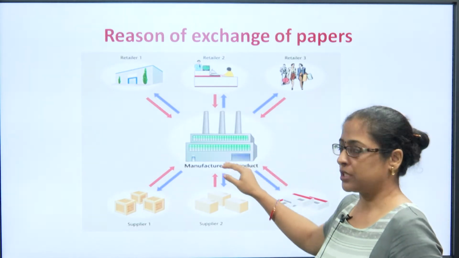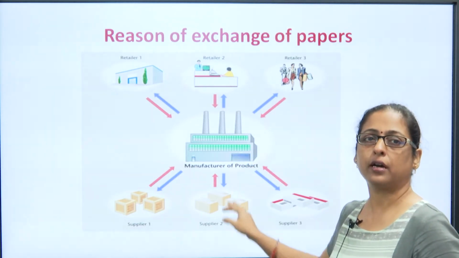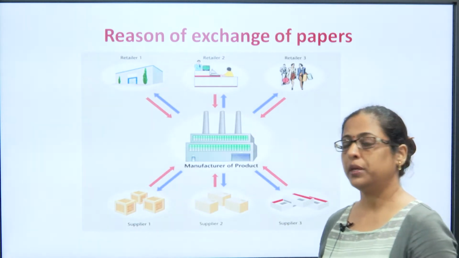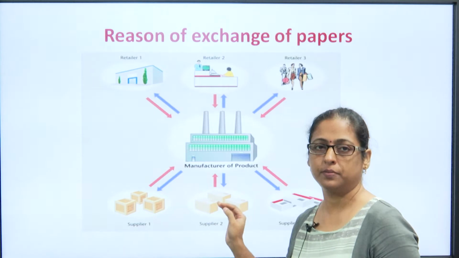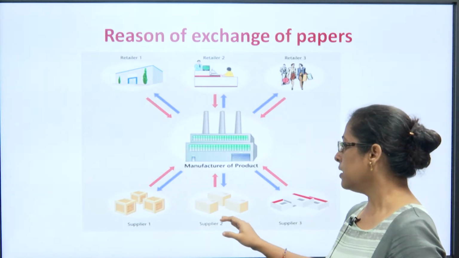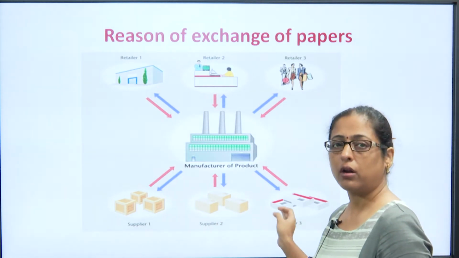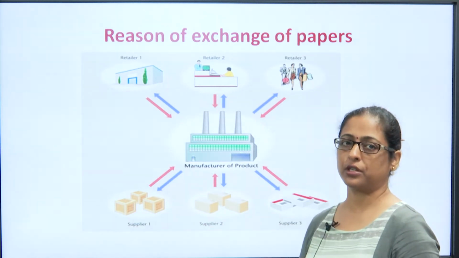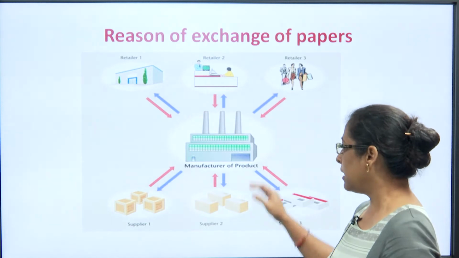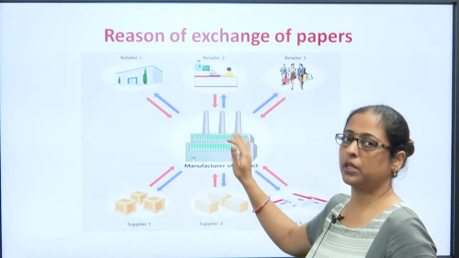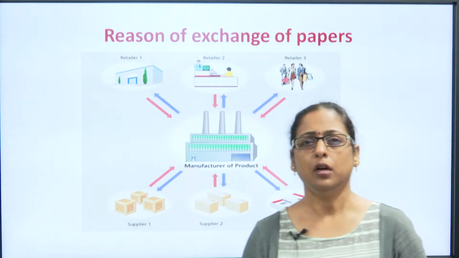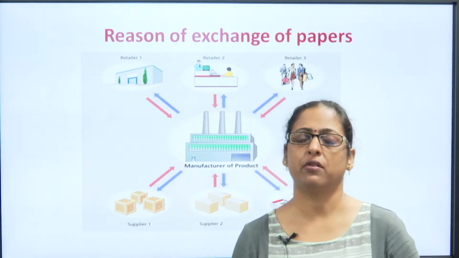Now, for manufacturing a particular product, they may require different kinds of raw materials to be received from different suppliers. Let us say that these suppliers are all from different cities and are not from the city in which the manufacturer is placed. And then after manufacturing happens, the manufacturer is obviously required to send the finished goods to the different retailers for the